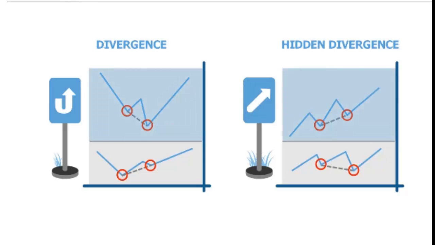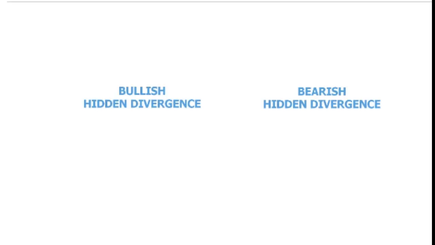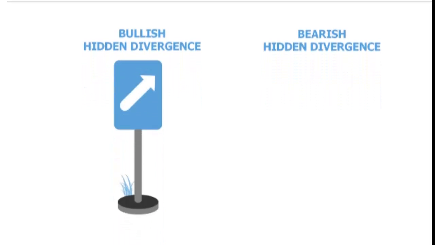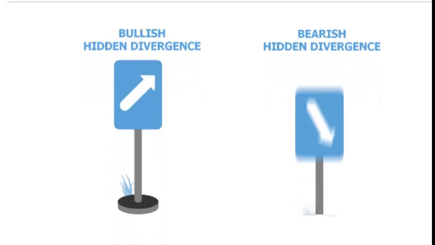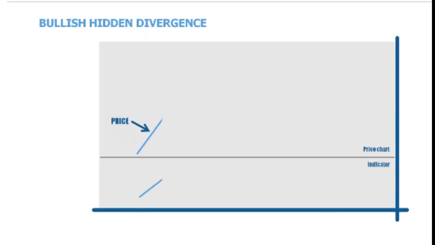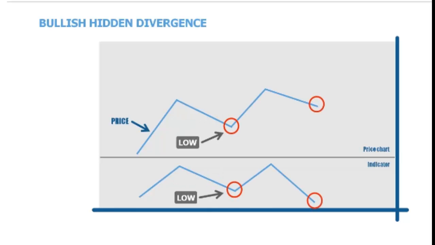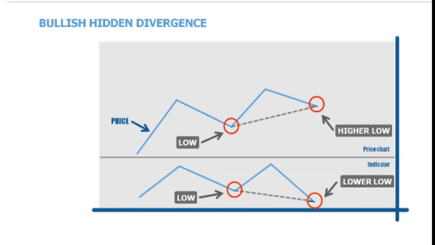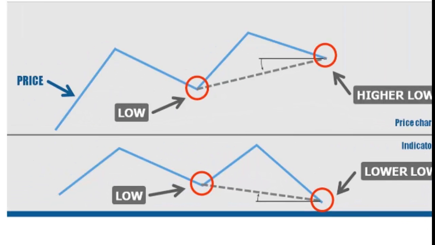The two types of hidden divergence found are called bullish hidden divergence and bearish hidden divergence. In this example, we will look at bullish hidden divergence. When price makes a series of higher lows in an uptrend, but the indicator makes a series of lower lows, it is called bullish hidden divergence. This is a trend continuation signal that normally precedes price moving in the same direction, potentially setting up a long